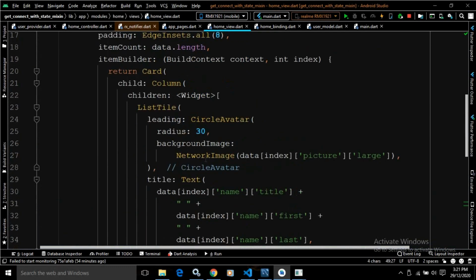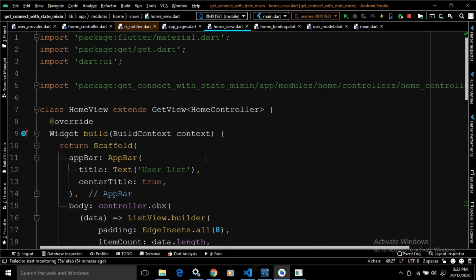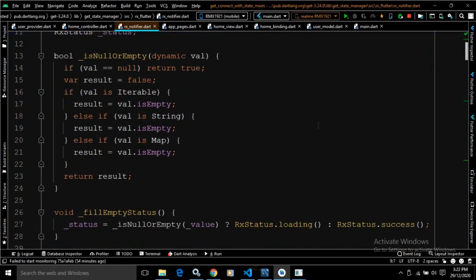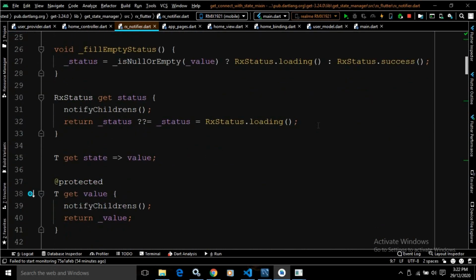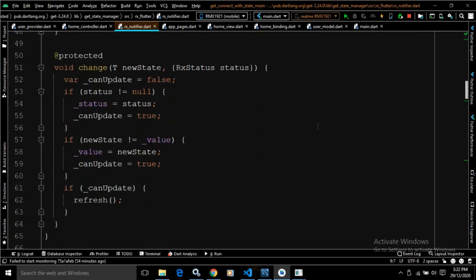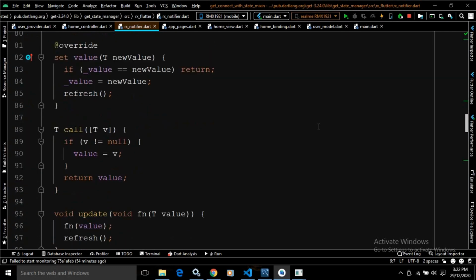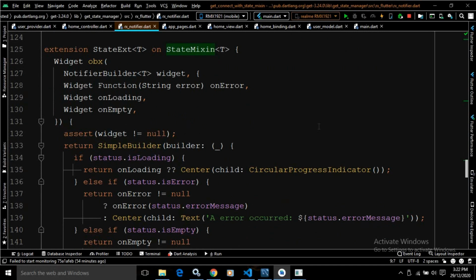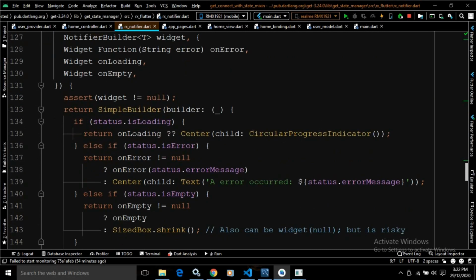Now while the data is being retrieved, at that time a circular progress indicator will be displayed by default. Why? Because the code for that has been written inside the state mixin. Let me show you. If I go to the state mixin and move here, you will see that by default, while the data is being loaded, a circular progress indicator will be displayed.